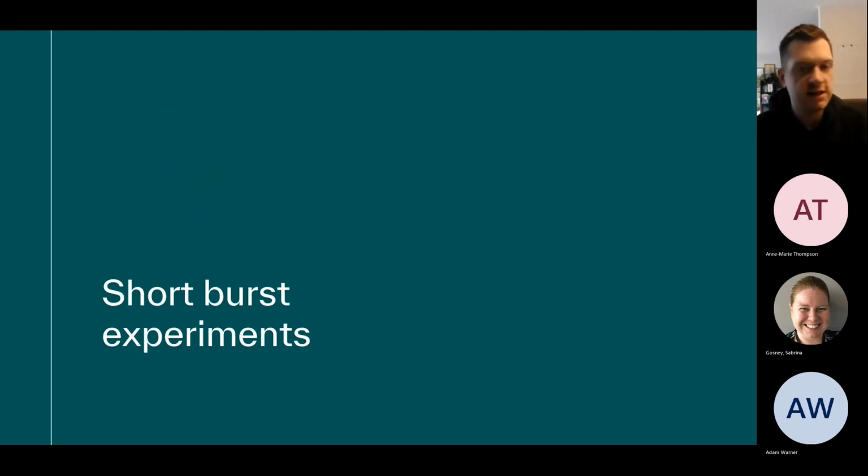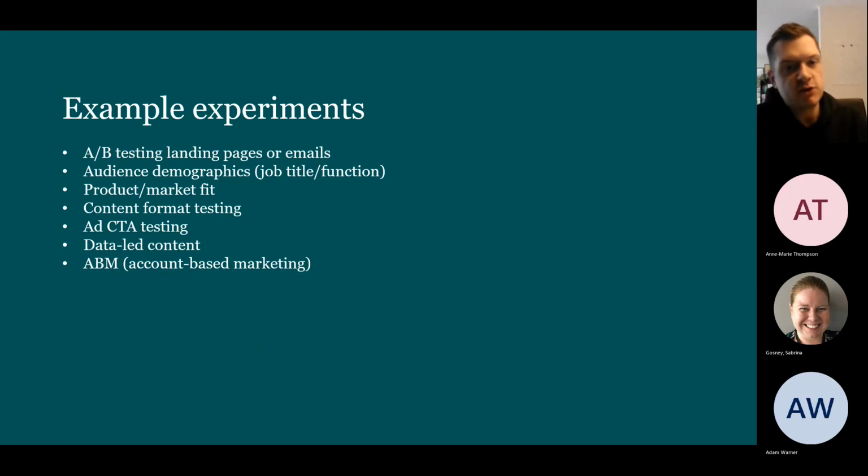And then the last section in the recap was around short burst experiments, and we covered just some examples of what that might be. So that could be A/B testing landing pages or A/B testing emails, and we covered experiments because it gives us a really low cost, low risk opportunity to really fine tune what it is we're doing. So if we've created a really good landing page, or we think it is, but it's not converting, do we change just little tiny things like the image at the top? Do we make it more sector specific? Do we make one page into 2 pages and one is retail focused and one is construction focused, for example? We can test audience demographics.